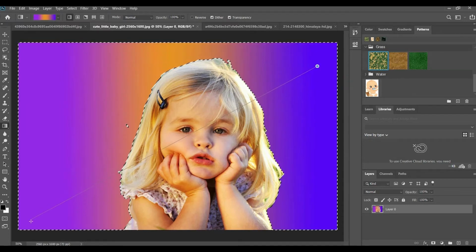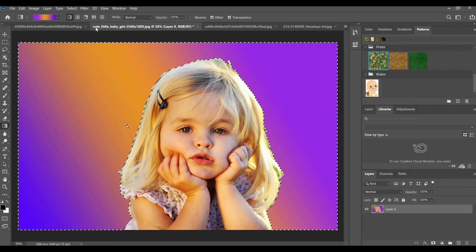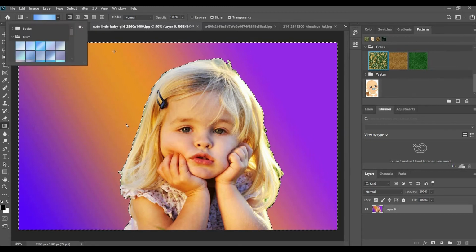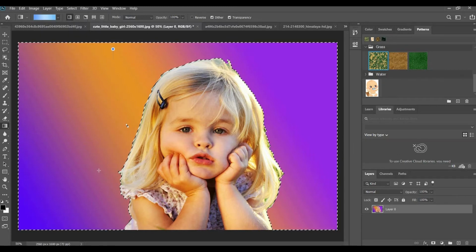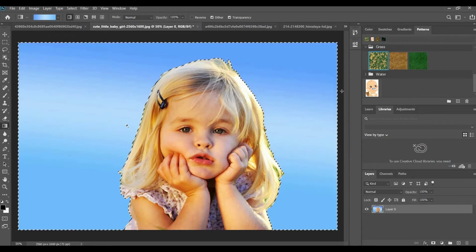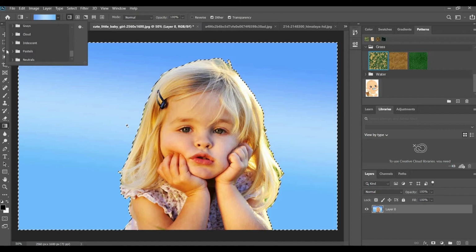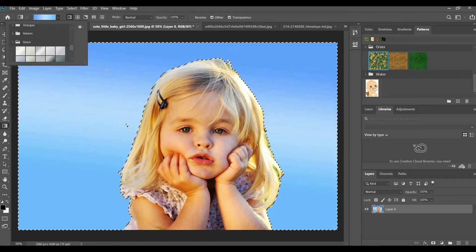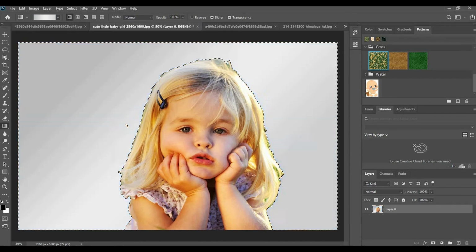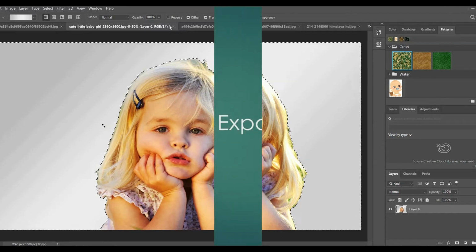If I want it diagonally, click and drag. If you want a different format, you can choose like this. From the default color combinations you can choose.